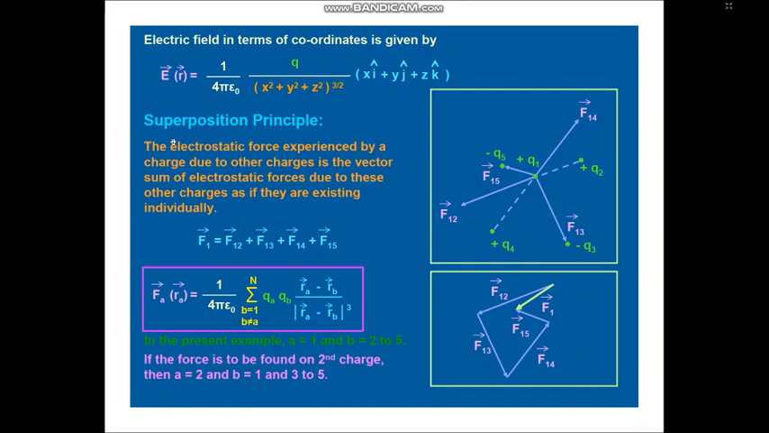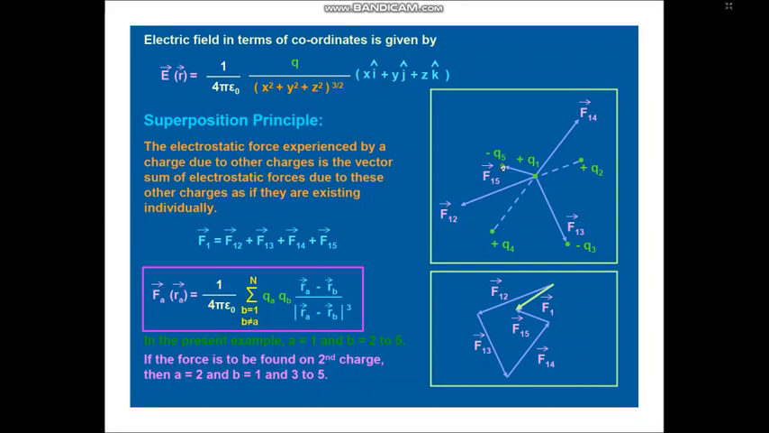Now, superposition principle. The electrostatic force experienced by a charge due to another charges is the vector sum of electrostatic forces due to these other charges as if they are existing individually. To better understand the concept, look at this diagram. Suppose you have to find the net force on Q1 due to Q2, Q3, Q4